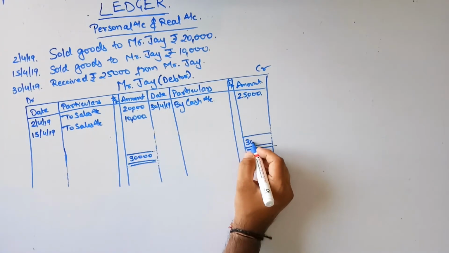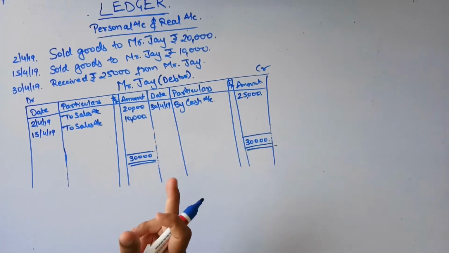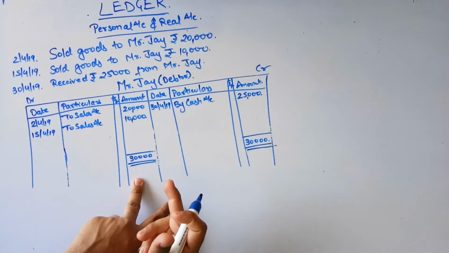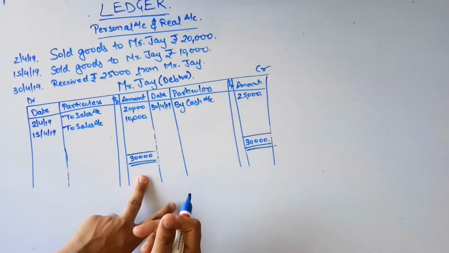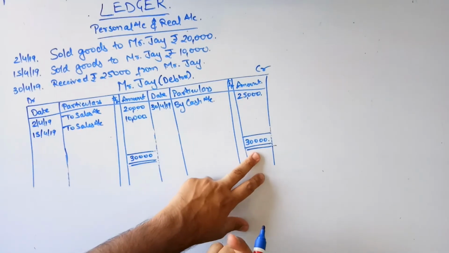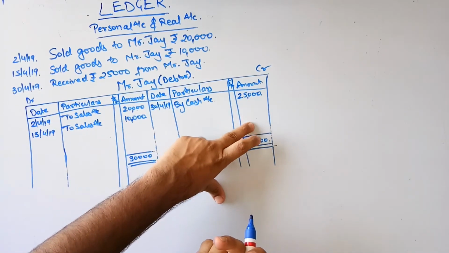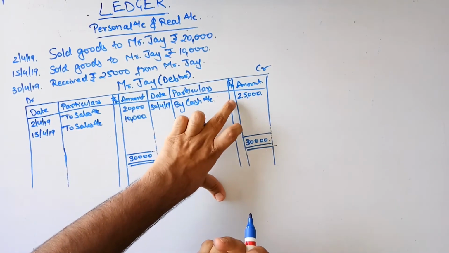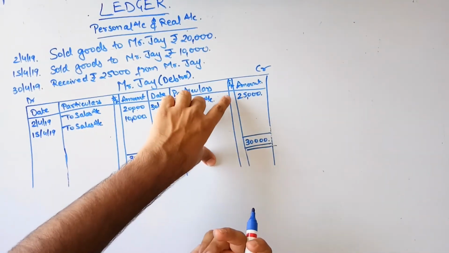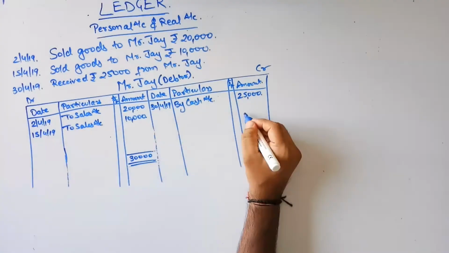Fine. Have you understood till here? Number one, total. Which side is higher? Whichever side is higher, that amount you write below. Okay, so here I wrote 30,000. Number two, after writing 30,000, next step, we need a certain amount here. How will we get this? 30,000 minus the amounts over here. In the previous one we had 0, we had nothing over here. Here you have 25,000. So 30,000 minus 25,000 will give you how much? 5,000.